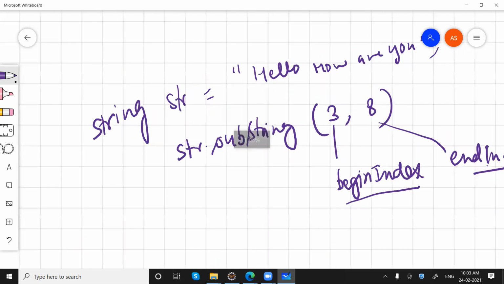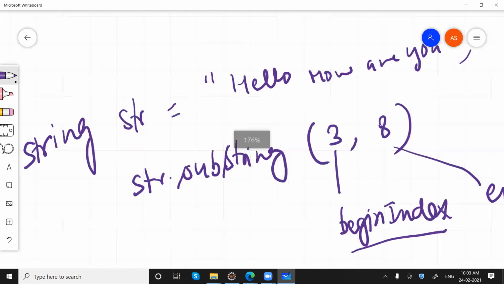Let me just zoom it up. So we have this character at 0th position. This is at 1, 2, 3, 4. Then space is at 5, 6, 7, 8, 9, 10, 11, 12.